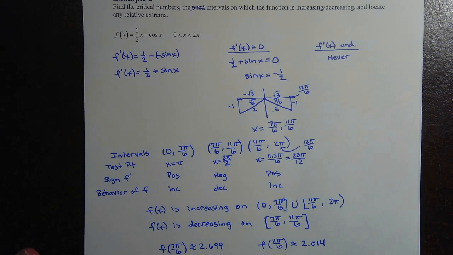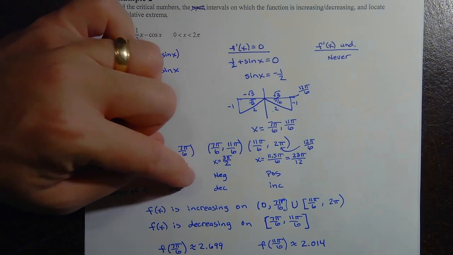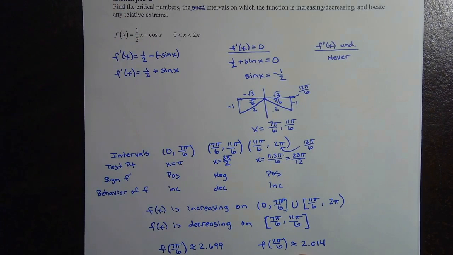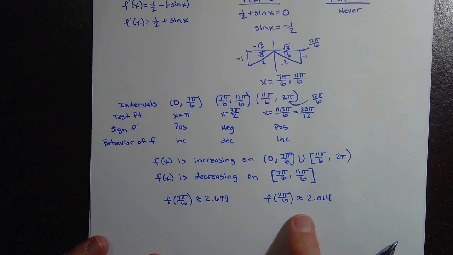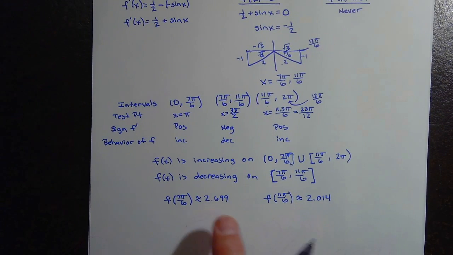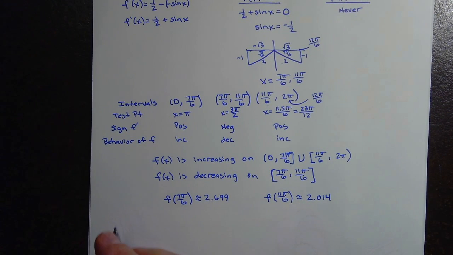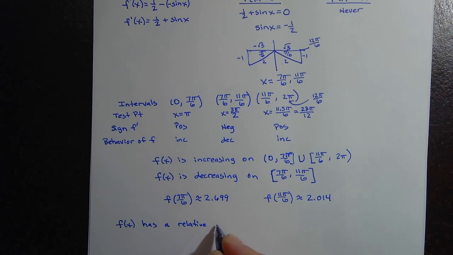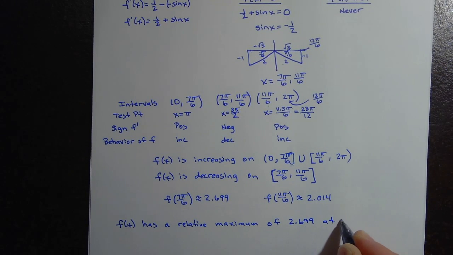Okay, so this one right here is a relative maximum, and this one right here, the one that you can't see that I'm pointing to, is a relative minimum, okay? So we'd say f of x has a relative maximum of 2.699 at x equals 7 pi over 6,